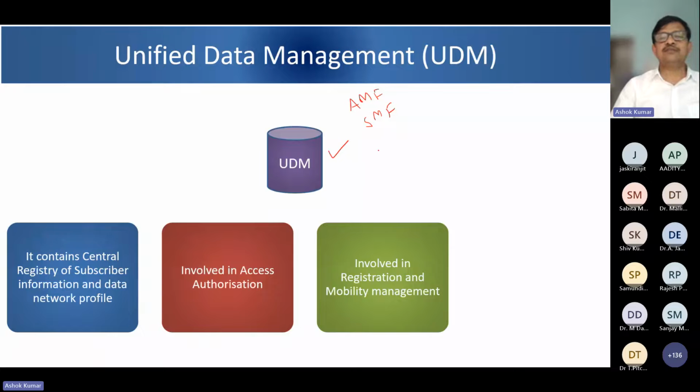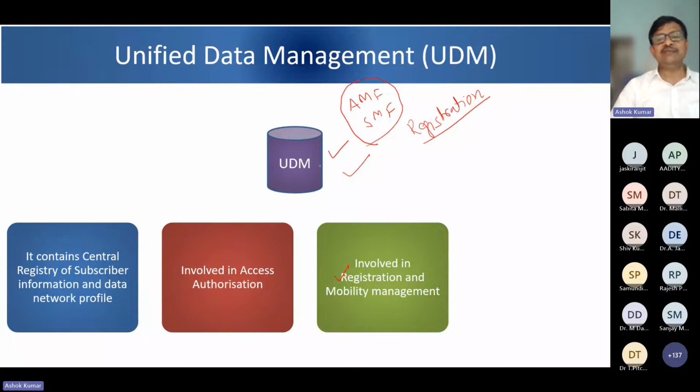Third is that for the first time, when UE connects to the 5G network, the process is called registration. The registration process also involves subscriber profile data and certain more aspects, so all the other network functions consult UDM for that information. So we say that UDM is also involved in the registration process. Second is that UDM also